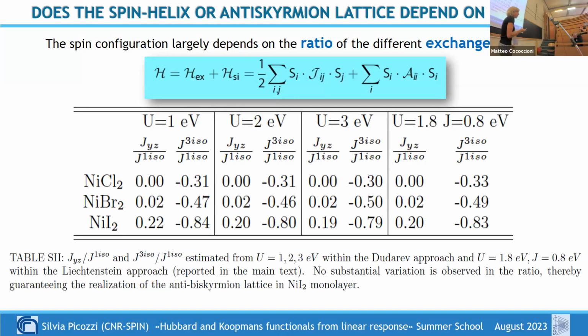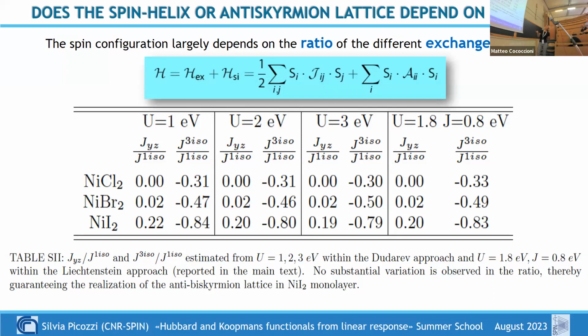If you change the U, the Js themselves change. However, what actually gives the spin texture is the competition between these terms, the ratio. You can think of it as a ratio between different terms. And so if you do the ratio between, let's say, the off-diagonal to a sort of average trace, or